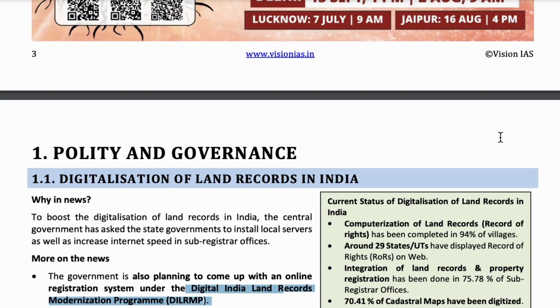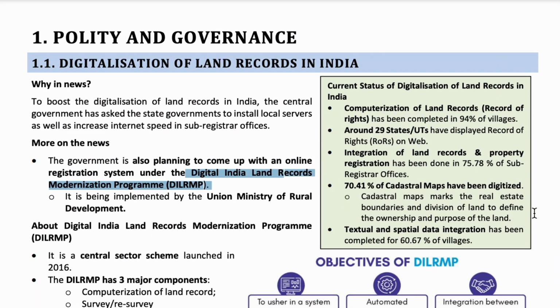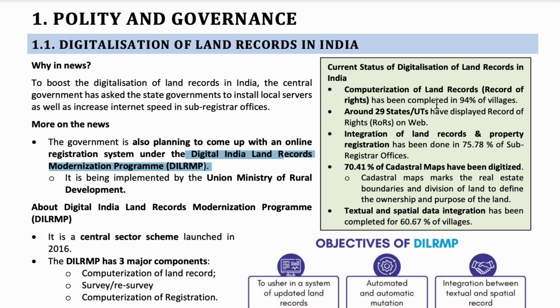Now look at this box. At present, the current status of digitalization of land records is: first, digitalization of land records is completed for 94% of villages. So overall in the country, 94% of villages have completed digitalization of land records. And second, around 29 states and union territories display records of rights on the web, and